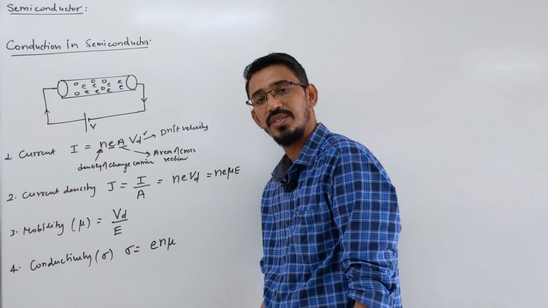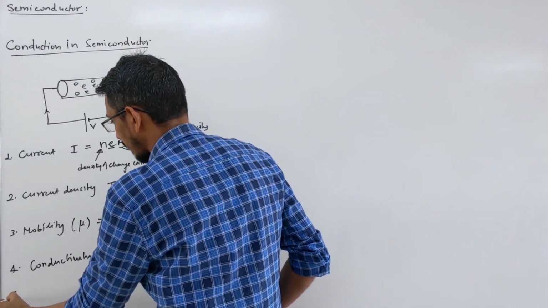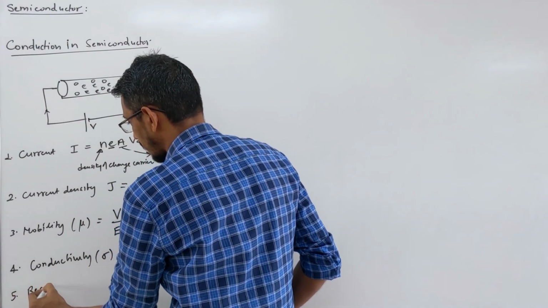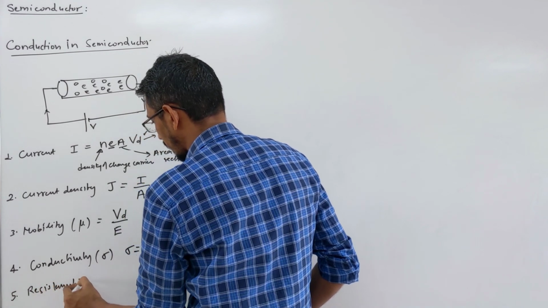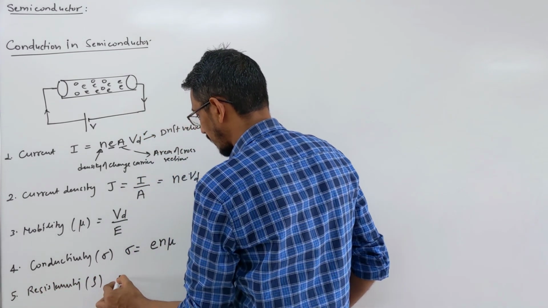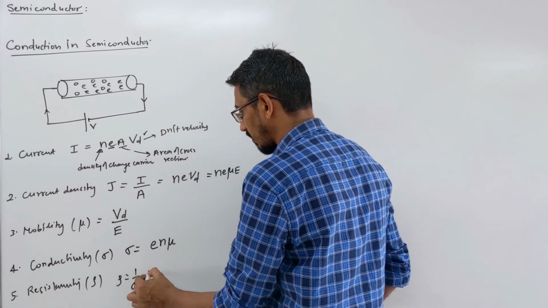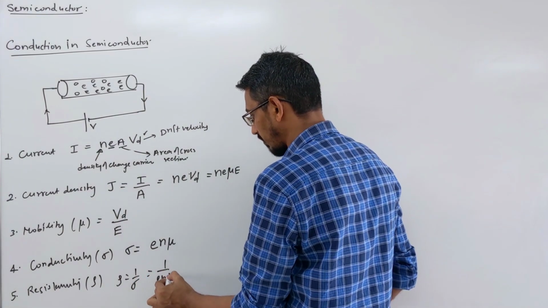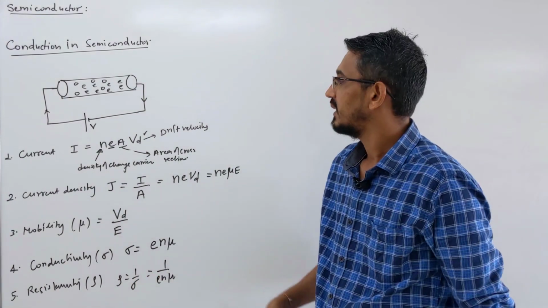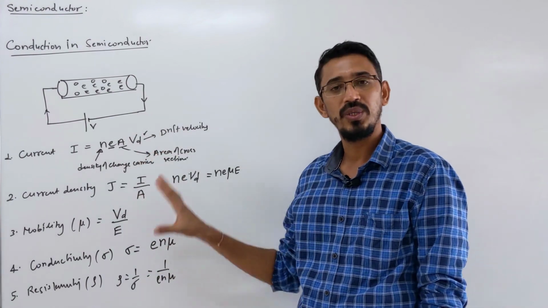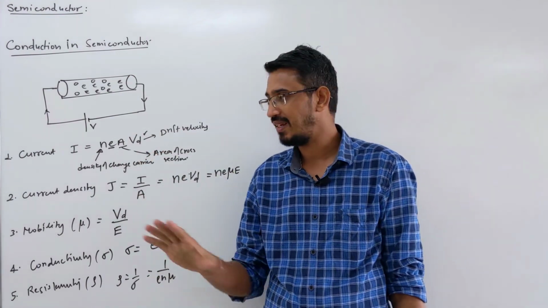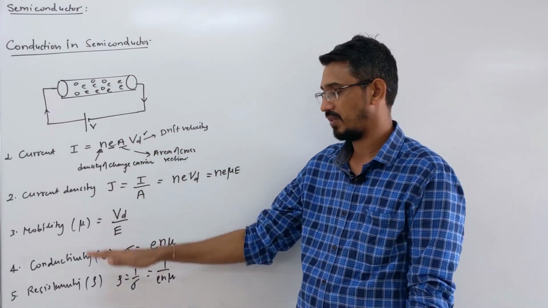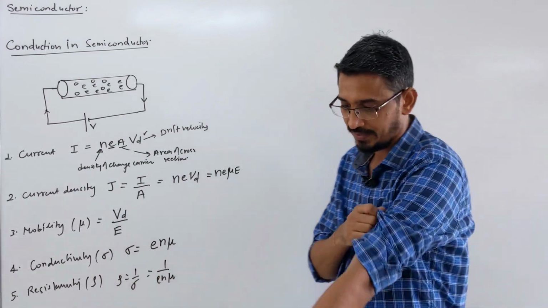Opposite of this is called resistivity, right? Resistivity, we write rho symbol. Rho is nothing but 1 by sigma, you can say, or opposite of this like N E mu, right? Yeah, these are all our general formula. This and all these formulas we will derive and learn nicely in current electricity. I just wrote it here. Okay, please note down them and try to remember.